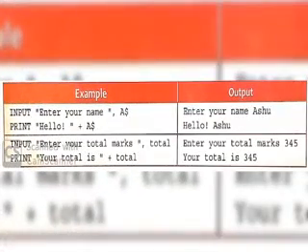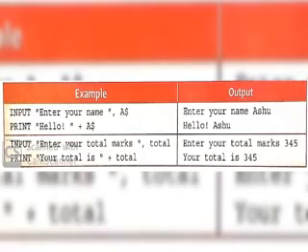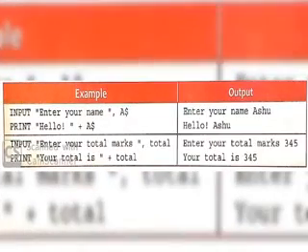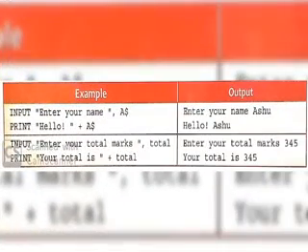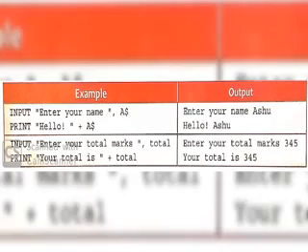On the other hand, there is another type of variable, the string type of variable, numeric and string. In this example you can see the dollar symbol is used. This is for string type of data. String type of data means the data which is not numeric is called string. If you type in this way, for example, then the output will come in this way.